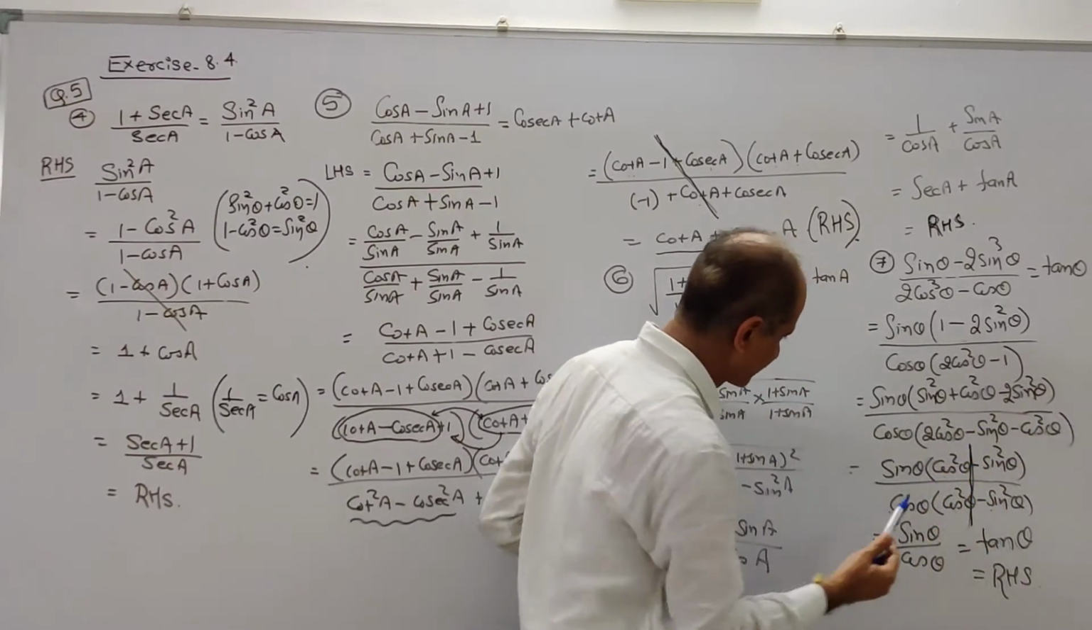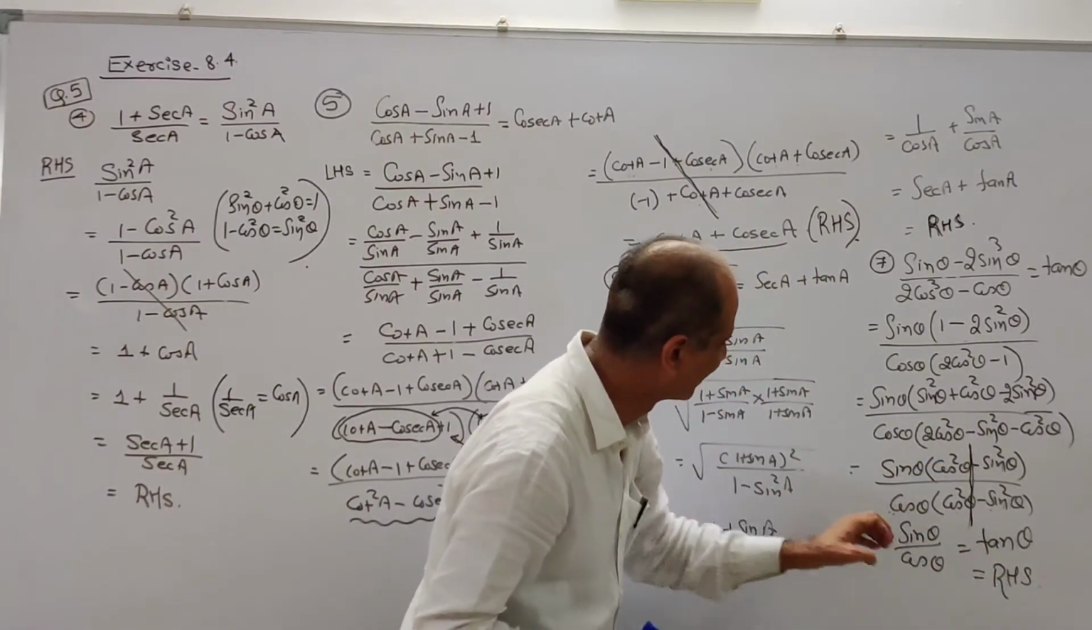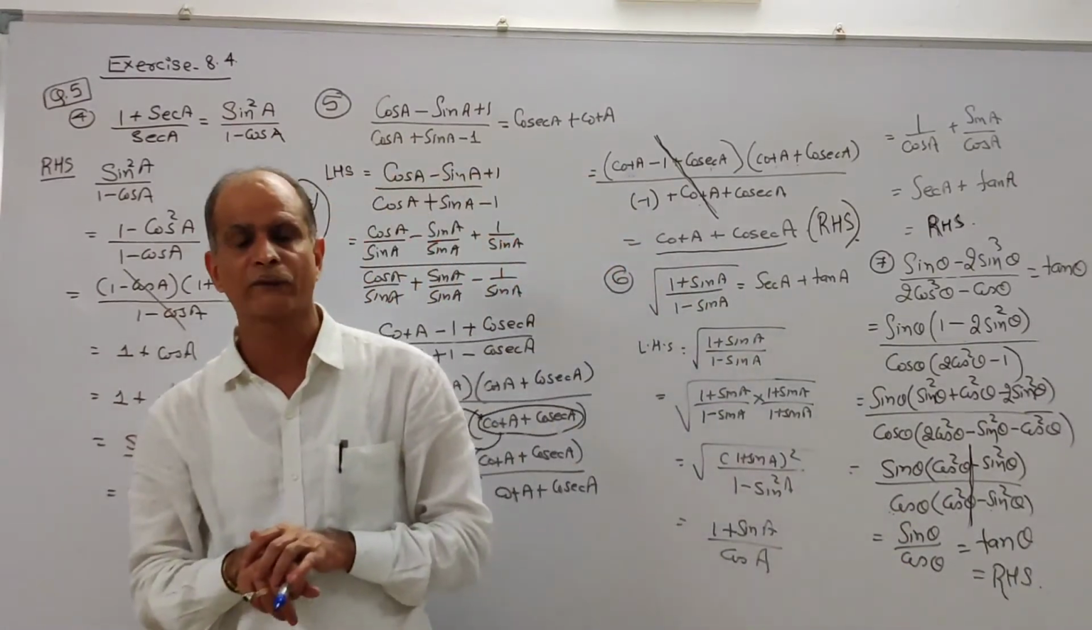You can cancel this. So you get sin theta upon cos theta, and sin theta upon cos theta means tan theta, and that is your RHS. Well friends,